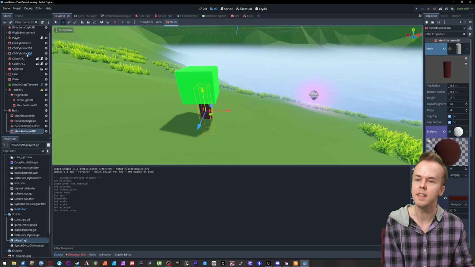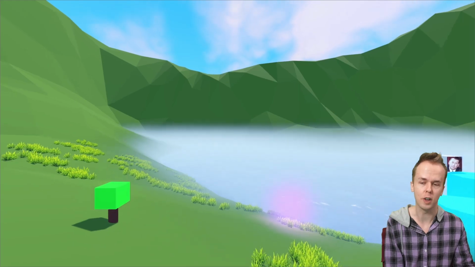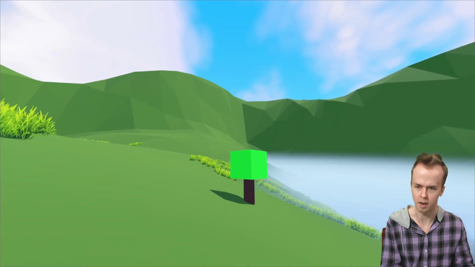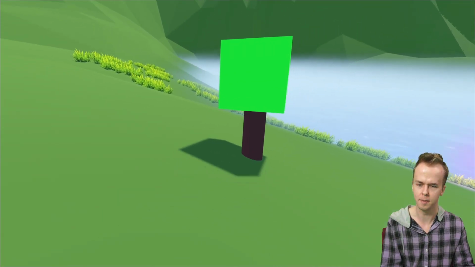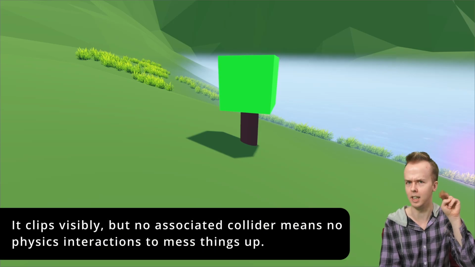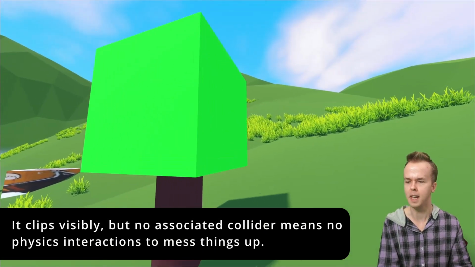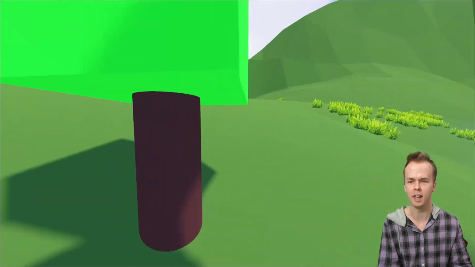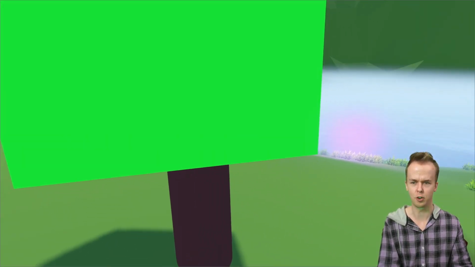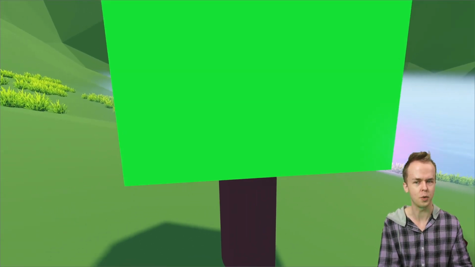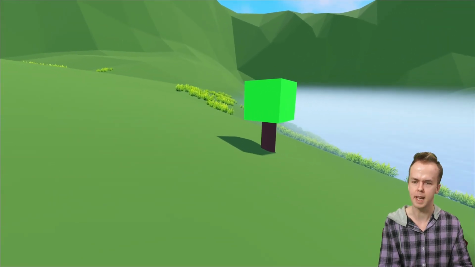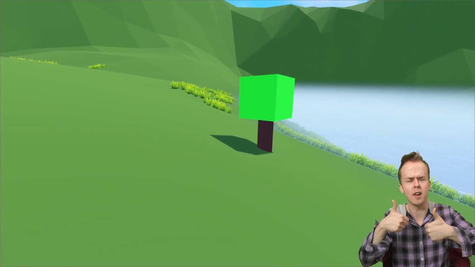And then because the cylinder we just made doesn't actually have any collision or whatever, we can nudge it. It doesn't clip in a meaningful way with the ground or even the cube, and it will make it look like this nice little shrubby tree thing that we can nudge, we can push out of the way. But yeah, there you go, that's your basic